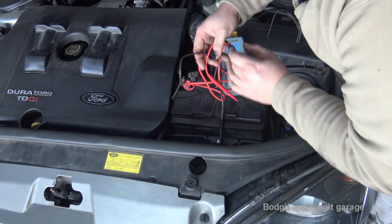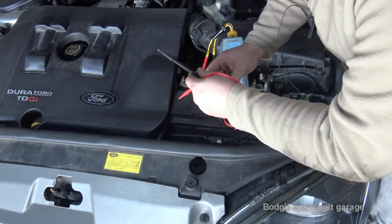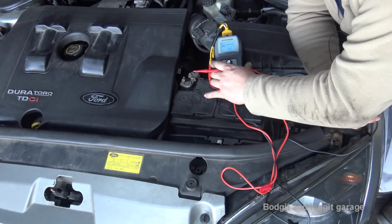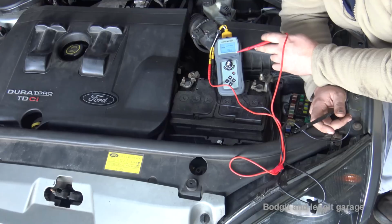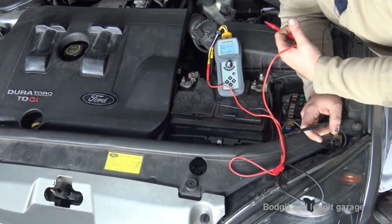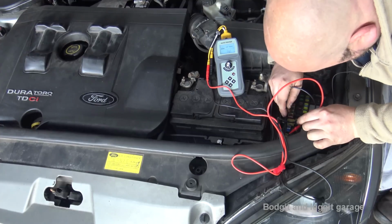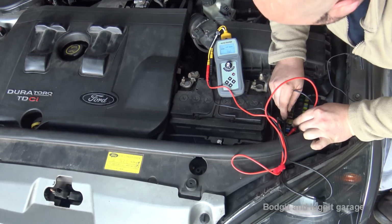Now, the best thing about this is, if your battery is going flat overnight or something like that, this is testing the draw on the fuses. And again, when I link in the other video, you'll understand why this is quite important. This works on a traffic light system. If it goes red, you know you have a problem. If it stays the same or goes to green, you're okay. So again, we can very, very quickly go on all these fuses and just see if we have any draw at all,